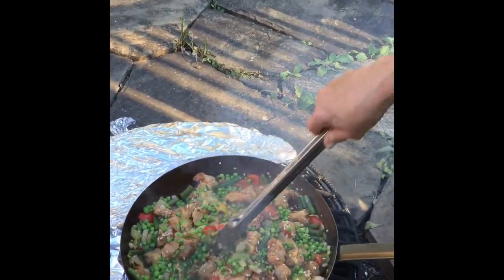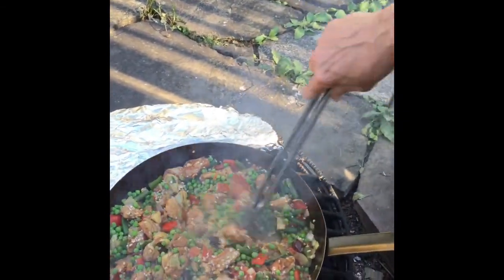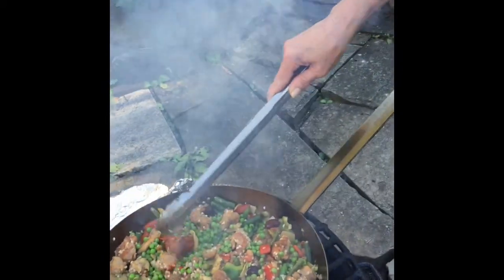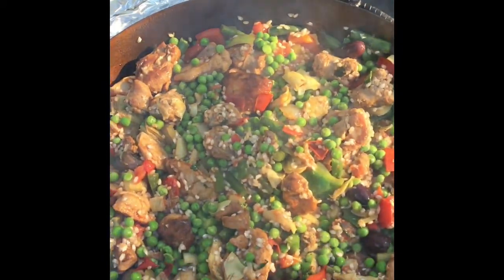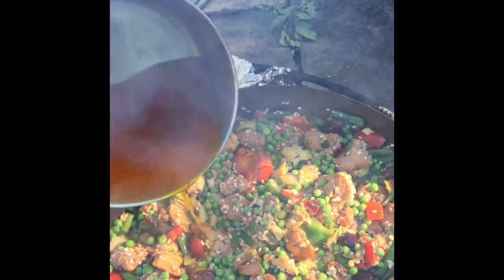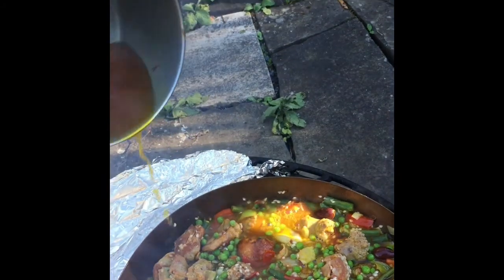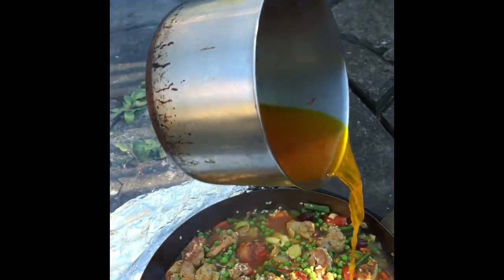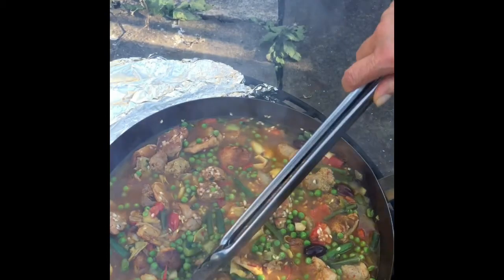We got the olives, the artichokes, the chickens, the sausages, and it's all stirred in good enough. And here comes the chicken broth with saffron. Look at that beautiful color. Wow. Sorry, cameraman. Out of the chicken broth, and we're going to bring it to a boil,